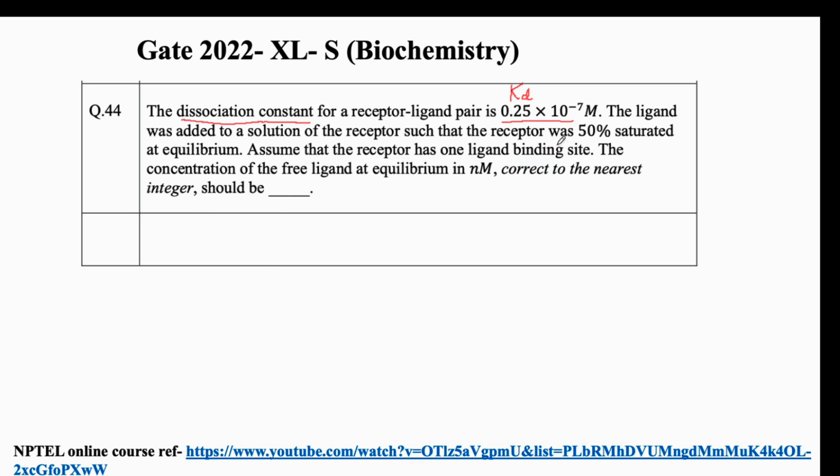So many of these questions ask about the percent saturation of different receptors. Here they have given us 50% saturation, so 50% of the receptor is saturated. This term, percent saturated receptor, we will call theta. So this theta is the percent saturated receptor, and it can be given by